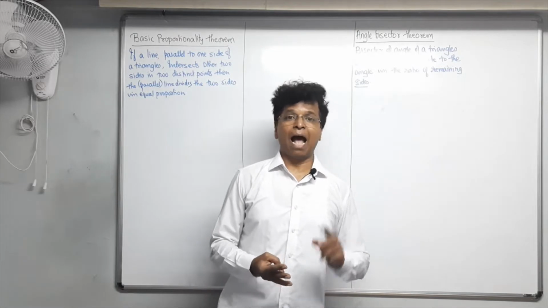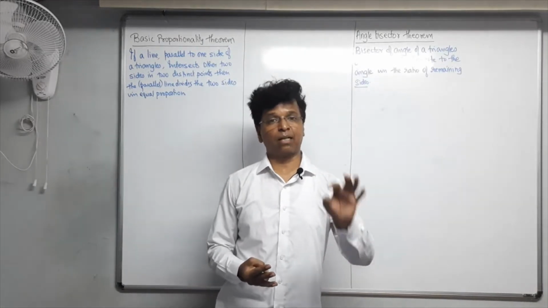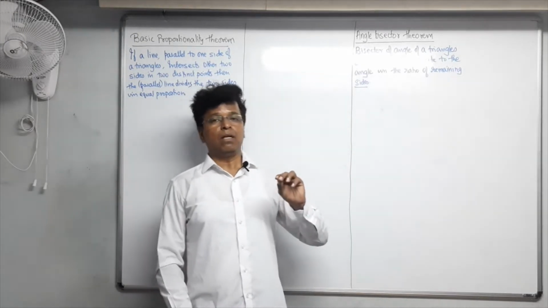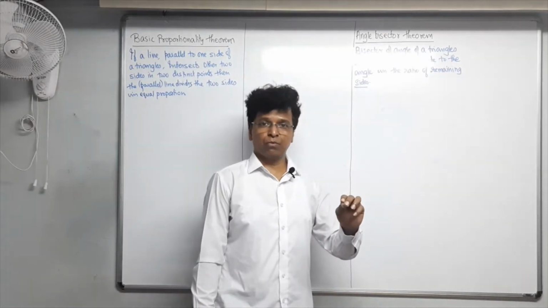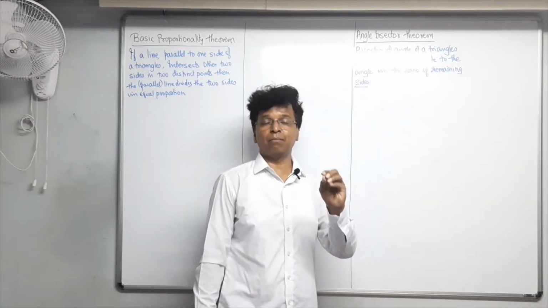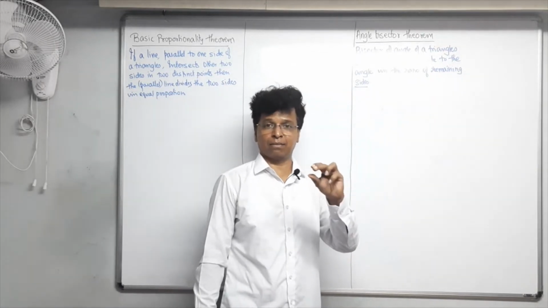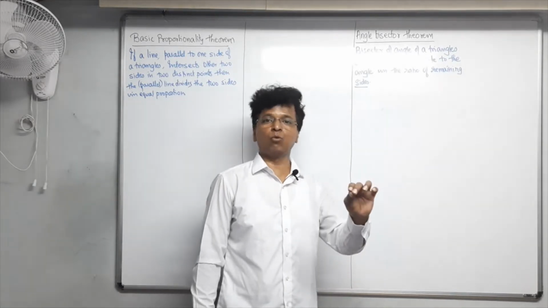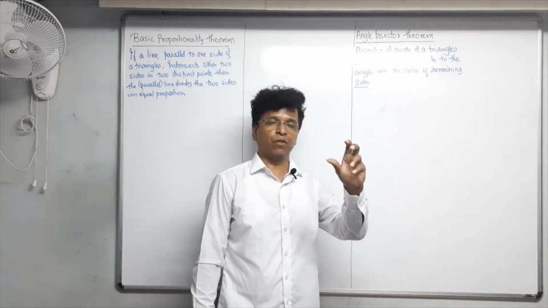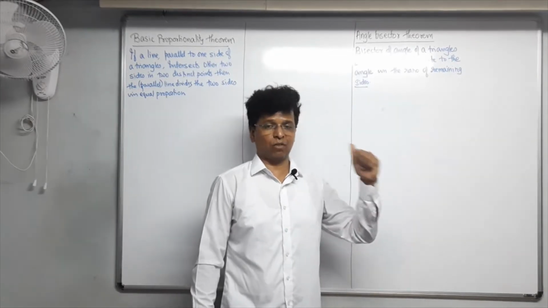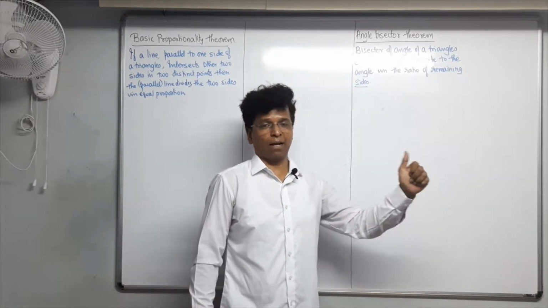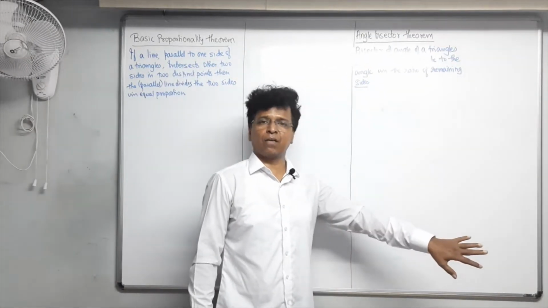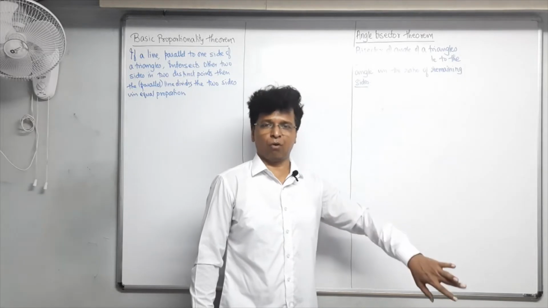Next one is the angle bisector theorem. This is another very important theorem. They may not ask you to prove the angle bisector theorem, but sometimes they ask it in the form of a question. You should understand how to prove it, for a few reasons that you will come to know when I explain the proof. Of course, then the converse of the angle bisector theorem comes by default.